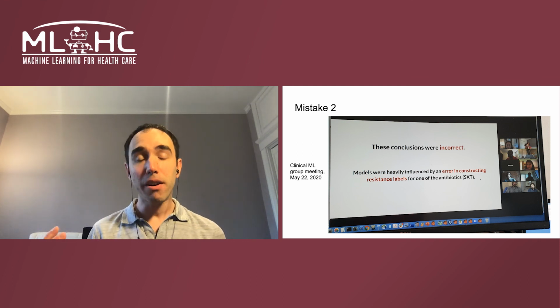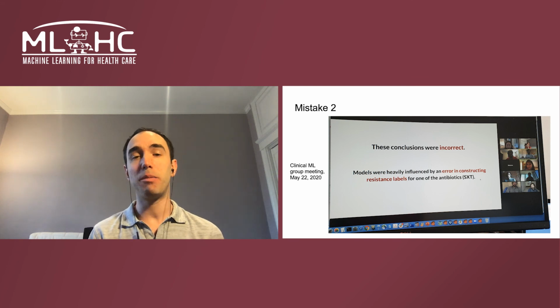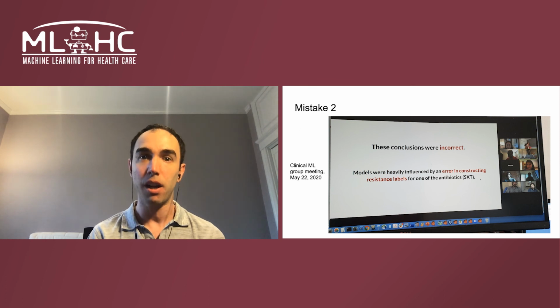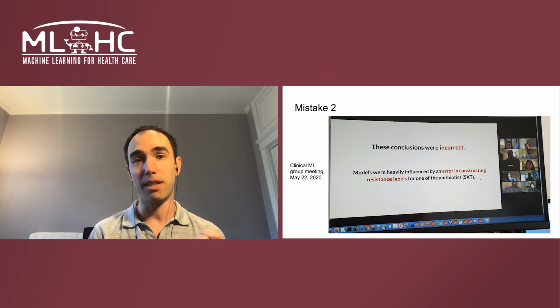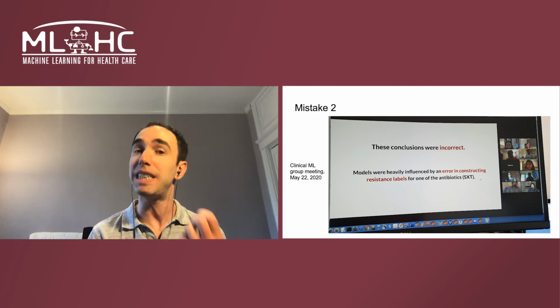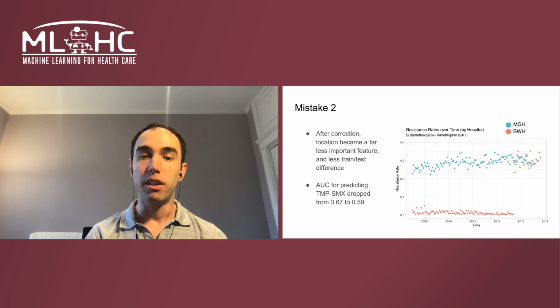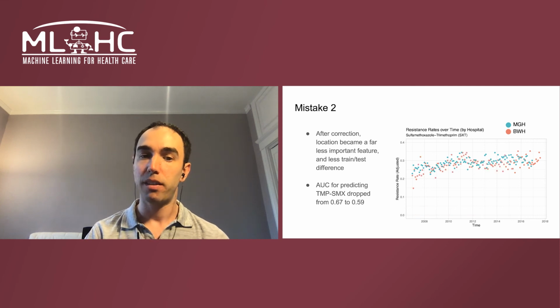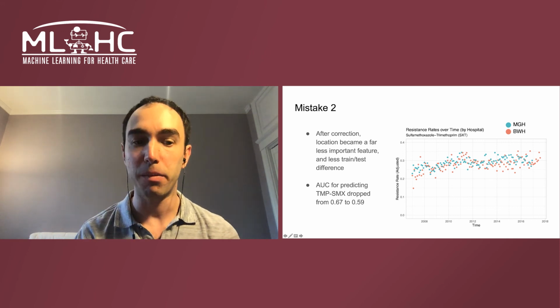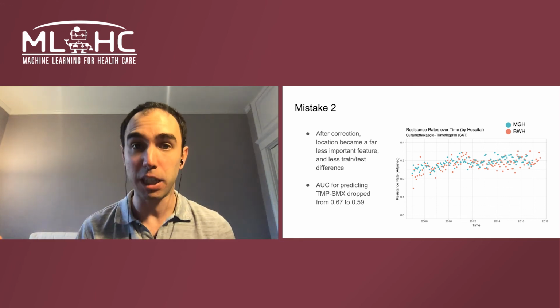Of course, this is really embarrassing, and the reason why I'm telling you about this is because I think this is just a trend of a much broader phenomenon in machine learning in healthcare, where it's really easy to make mistakes in your evaluations, and until you dig really deeply into it, it might go unnoticed. After correction here, the resistance rates went up to normal, and you no longer saw this non-stationarity across time. And moreover, the area under the ROC curve for predicting resistance to that one antibiotic, if you were to use one of the indirect methods, dropped substantially, as you might expect now without that